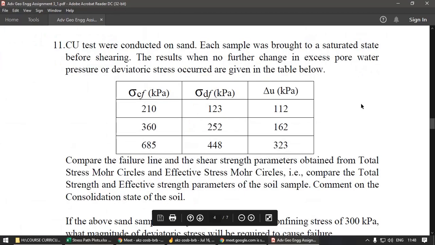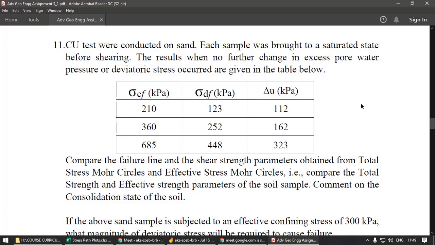In the question, it is given that CU tests were conducted on sand. Each sample was brought to a saturated state before shearing. The results when no further change in excess pore water pressure or deviatoric stress occurred are given below. That means these are the failure stresses, obviously. So sigma D is not changing, that means it is failure stress, and excess pore water pressure is also stabilized. So that means it is now shearing at a constant rate, and it is at a state of critical void